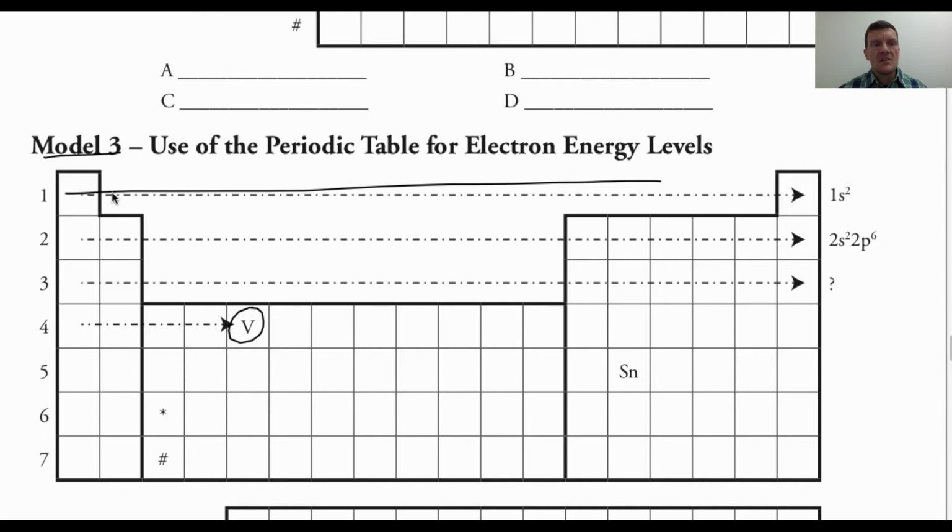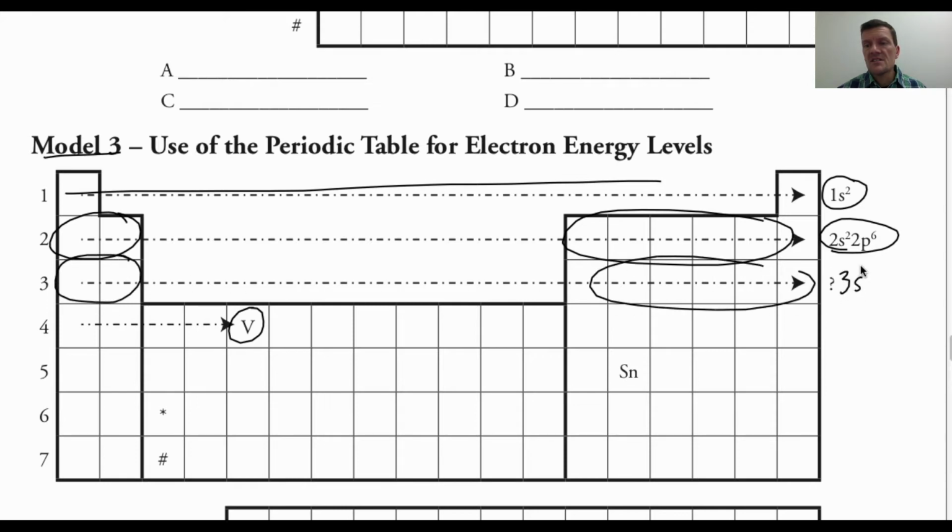So 1, 2, as I go across the first row, I know that the 1s orbital is full, so that's 1s2. If I work across the second row, I know I filled the 2s and the 2p. That's why I now have added on 2s2, 2p6. If I work across the third row, I know I filled the 3s and the 3p, so that gives me 3s2, 3p6. And now I work across the fourth row, I will have filled the 4s, so I have the 4s2 filled,